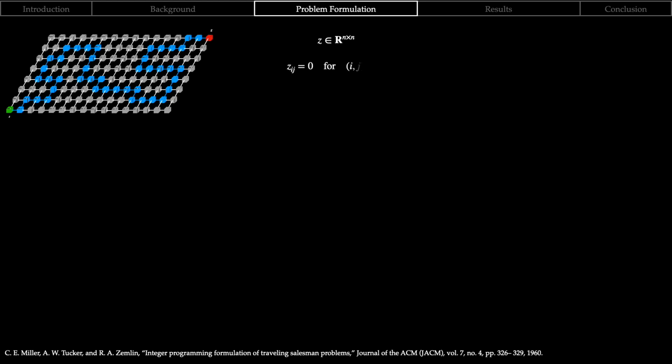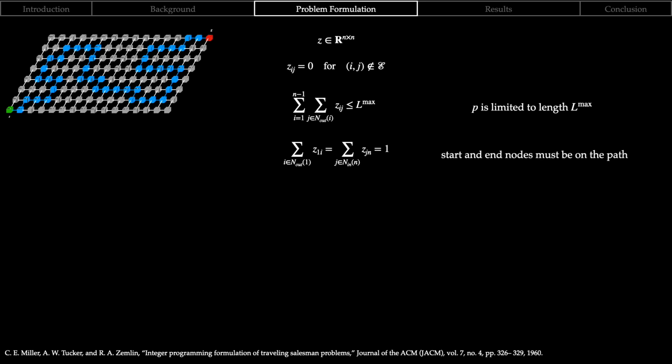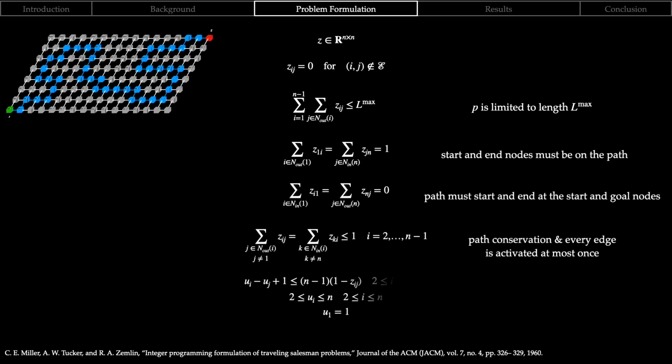And so we can include various different constraints now on this Z matrix that define a valid path. This limits the length of the path. It enforces that the start and end nodes must be on the path, that the path actually starts and ends at those start and goal nodes. And then we also can include these subtour elimination constraints in there as well. These constraints on Z are largely coming from the variants of the traveling salesman problem or the orienteering problem. And the novelty here is not in introducing these path constraints, but